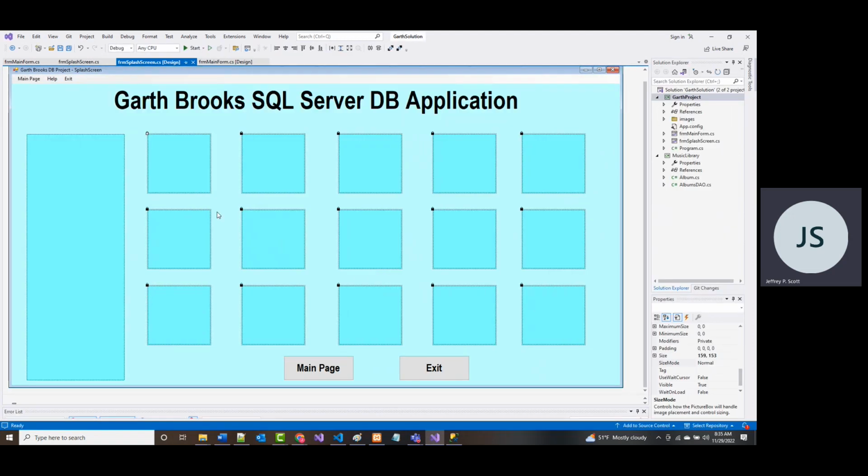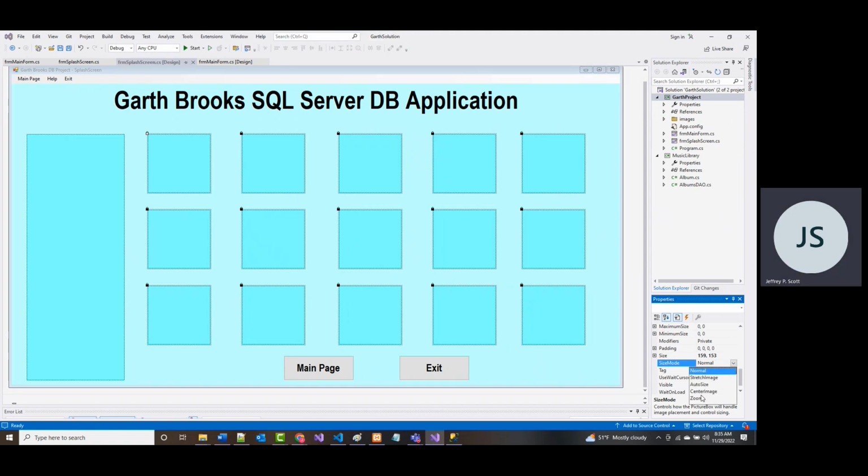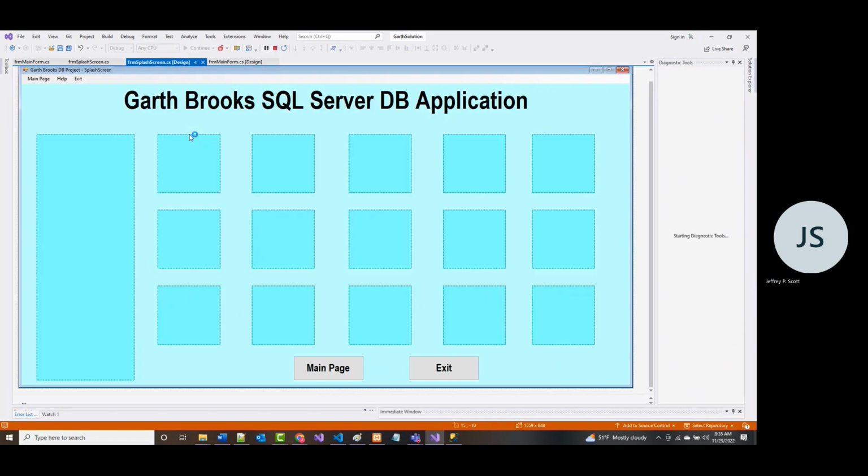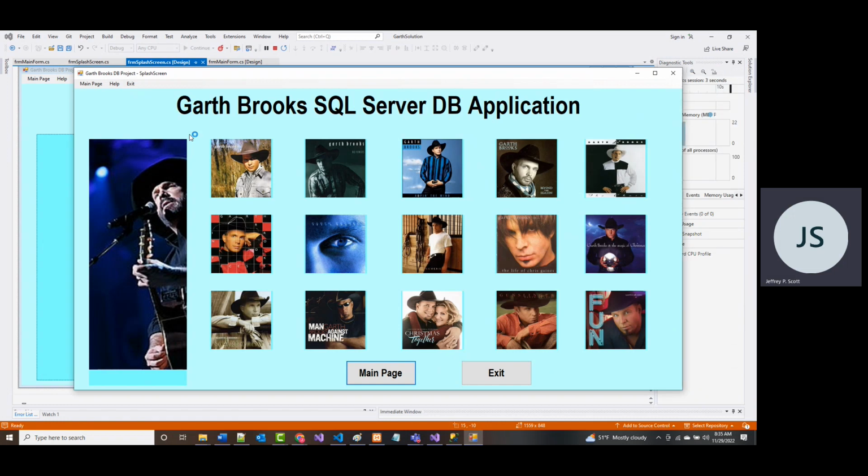But you'll notice that if I come back again with all of these highlighted and I change the size mode from normal, I should say, to zoom, and then I run it again, this looks a lot more professional. And again, one of the things I'm shooting for is I'm hoping you're going to want to take this project and put it into your portfolio. All right. Now it's going to be a little bit hinky if you try doing that because anybody who works on it is going to need the database connection, etc. But at least you'll be able to put this in there. All right. Okay. So that's kind of where we did all that yesterday.